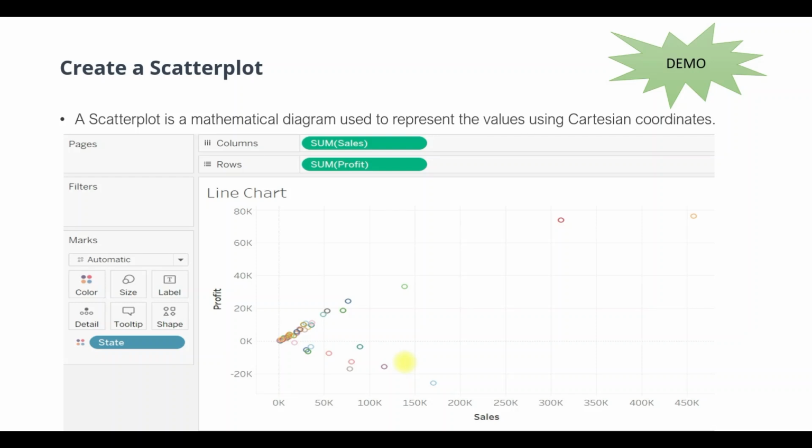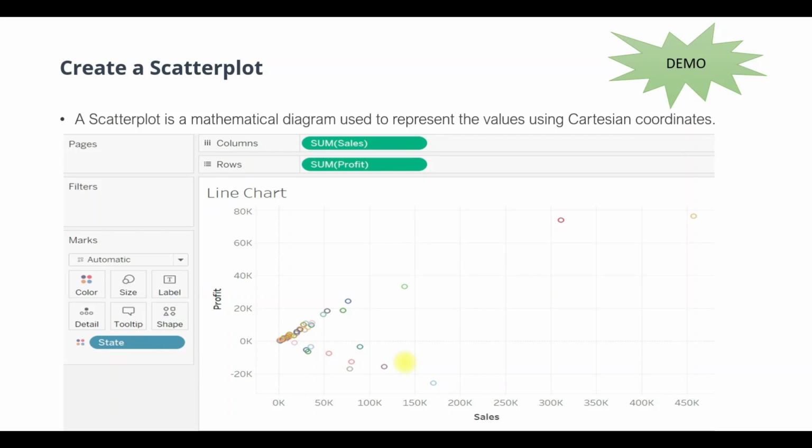If we have all positive data, it shows one quadrant, but if we have a combination of positive and negative, or all negative data for the measures we are visualizing, then it goes into the corresponding quadrant.